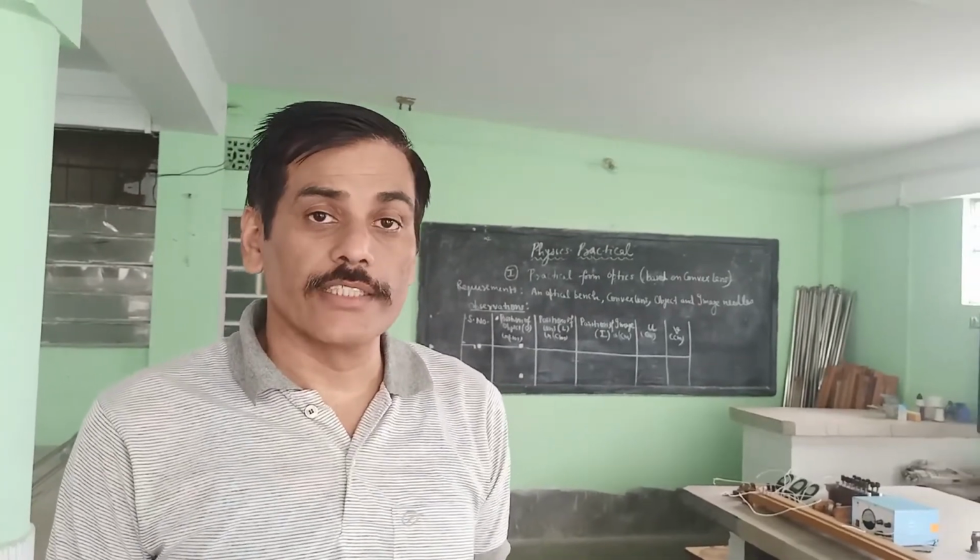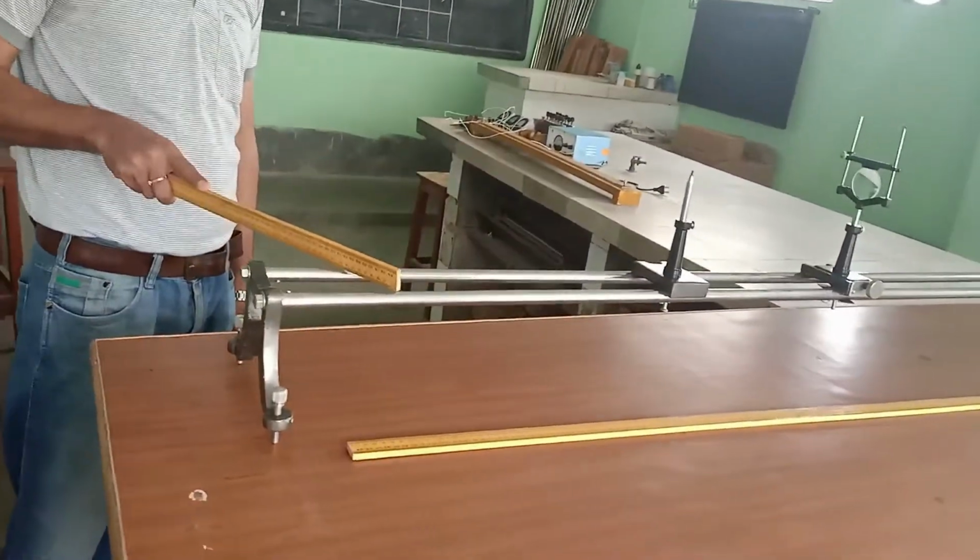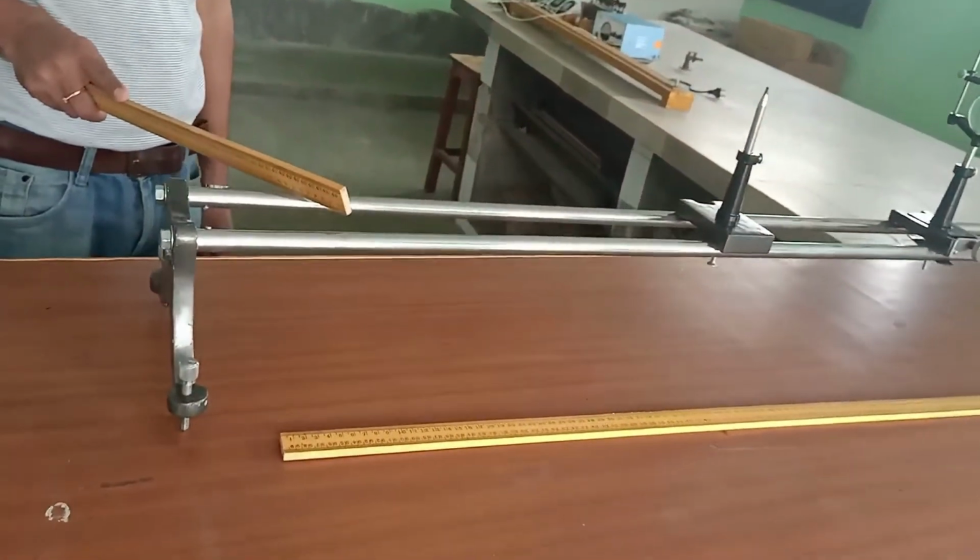Students, I am going to explain now how to perform the practical, and the main part of your practical, that is how to take the readings. First of all I will make you familiar with all the instruments which we are using, which I showed as the requirements earlier in the video when I was explaining on the blackboard. You can see now the main instrument is this one. As you can see, this is steel made. This is called the optical bench.